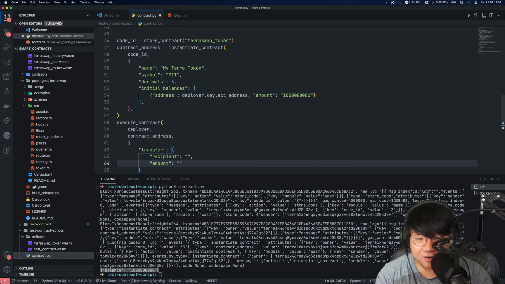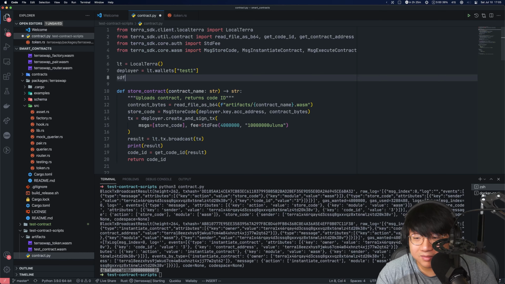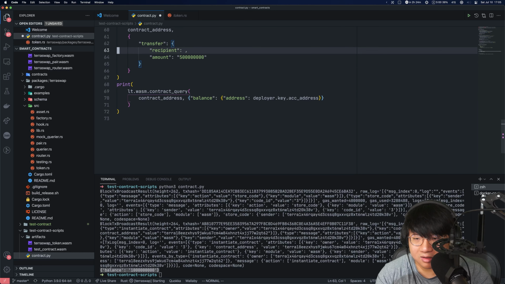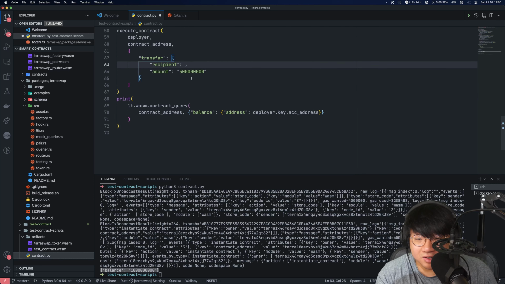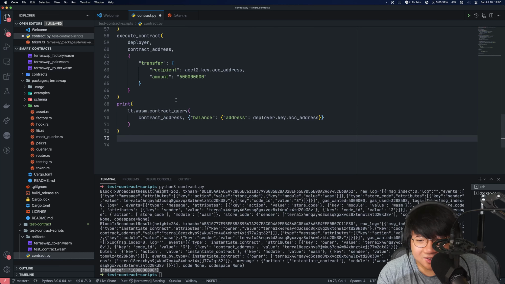So I'm going to do 500, and the recipient will be, let's just take another one, like test2. Okay, so here the recipient will be test2, or account2.key.acc_address. We're going to execute that contract. We're going to print, and then we're going to print the final balances of both.